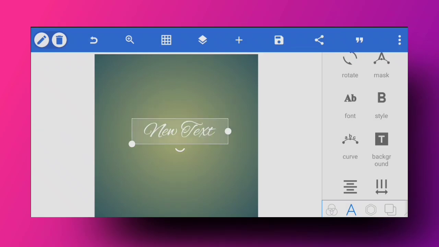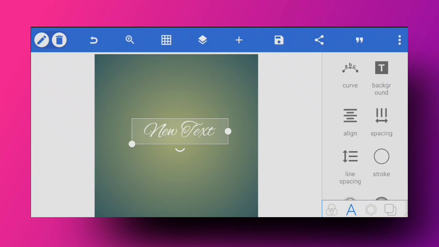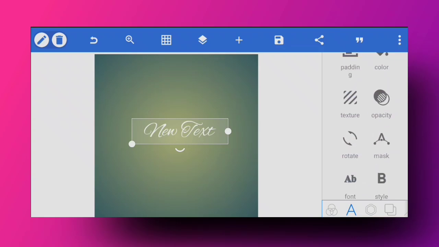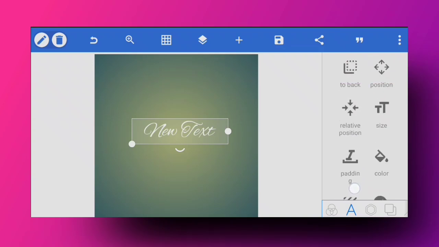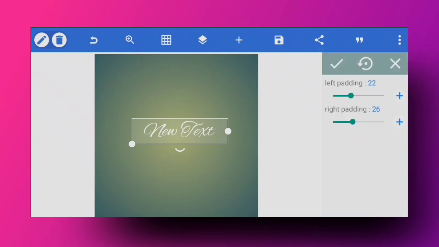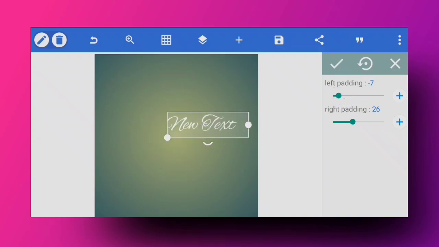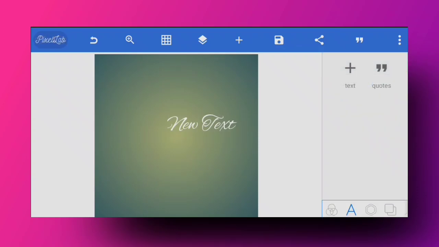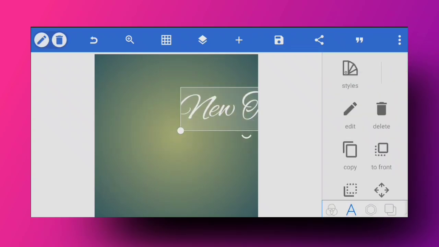Right now you can see this text is perfectly in the middle, but sometimes the text won't be in the middle, like when you have some crazy calligraphy or script font. This is when you will use this. Sometimes you will see part of the text cropped out, and it's completely trash. You can't really use this text right here.